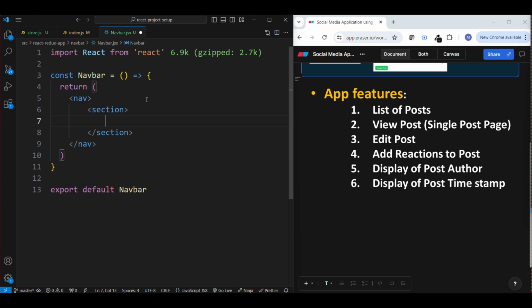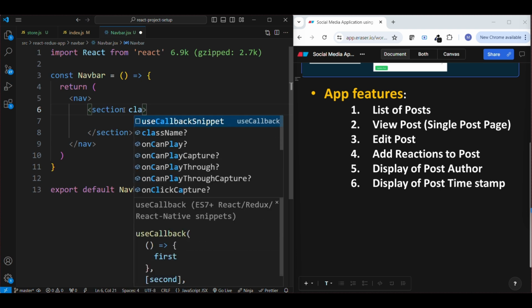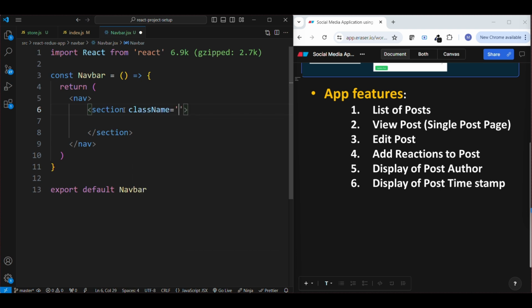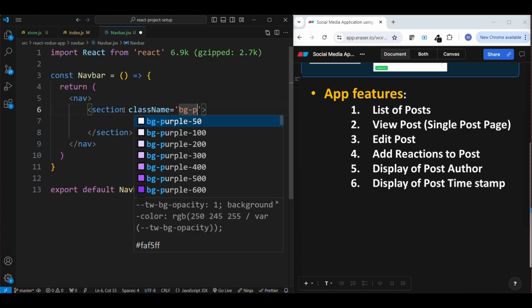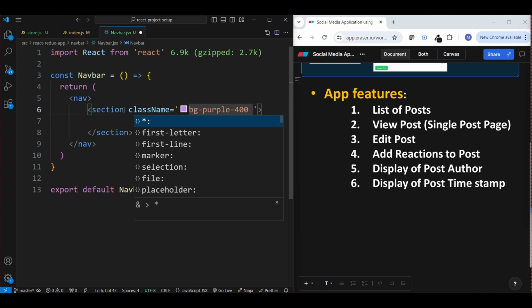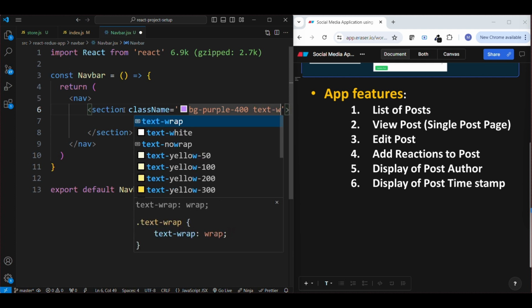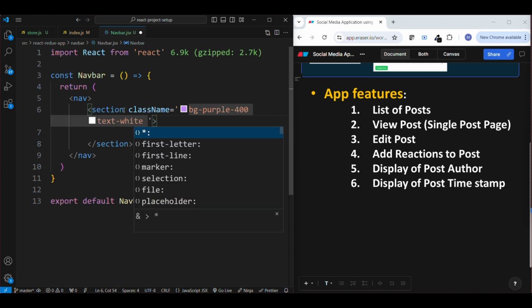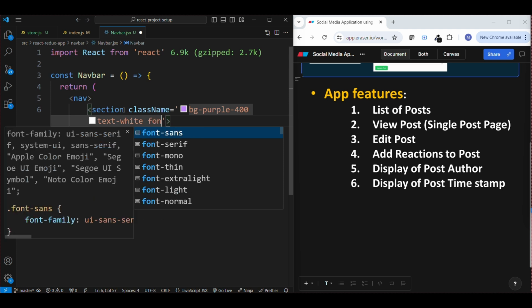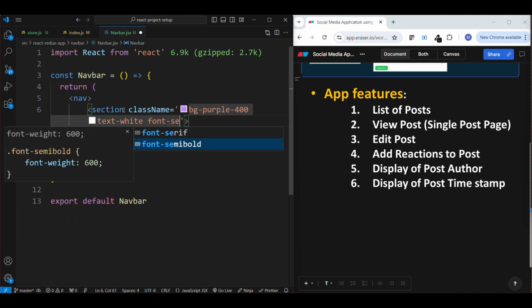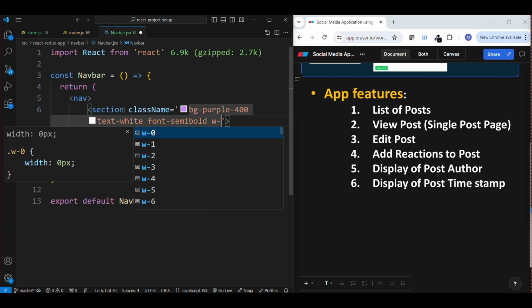Inside the section, as I said, I'm using Tailwind CSS for styling. For that, let me add some styles to the section: background color purple, and then text color white, make text semi bold, width full,